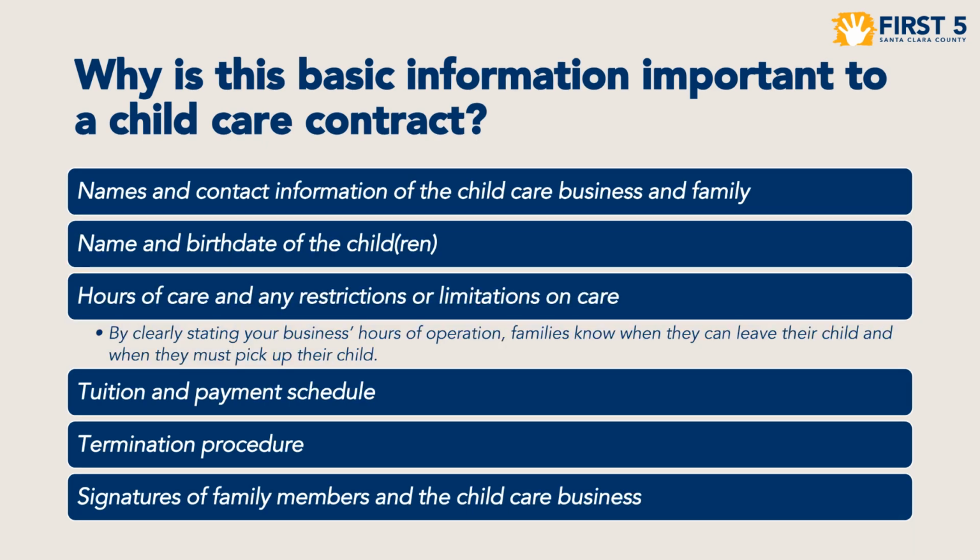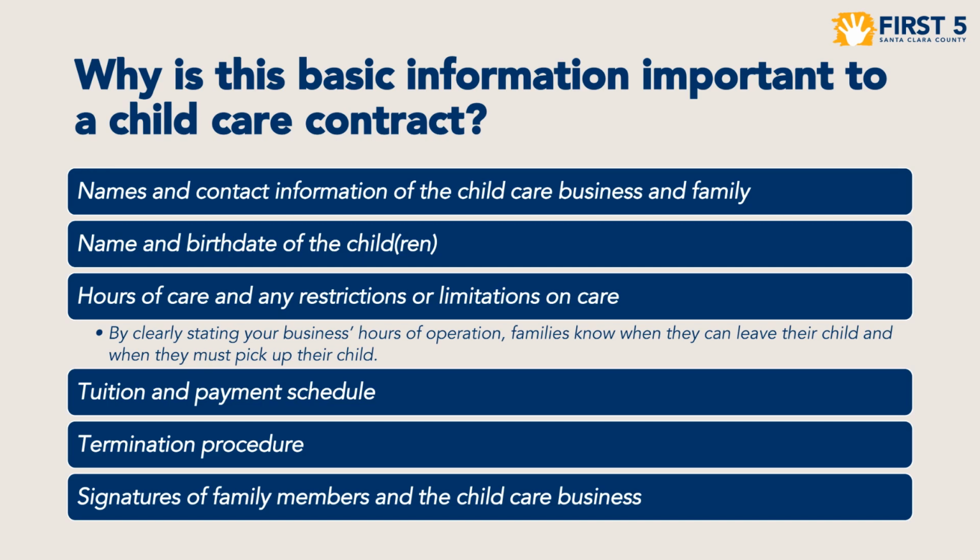Hours of care and any restrictions or limitations on care. List the hours of care in the agreement, the days of the week, the date when care will begin and end, and any specific dates that care is not provided. For example, if your child care business is open from 7 a.m. to 6 p.m., Monday through Friday, then you will list that specificity. If your child care business is closed the day after Thanksgiving, then list that information here. By clearly stating your business hours of operation, families know when they can leave their child and when they must